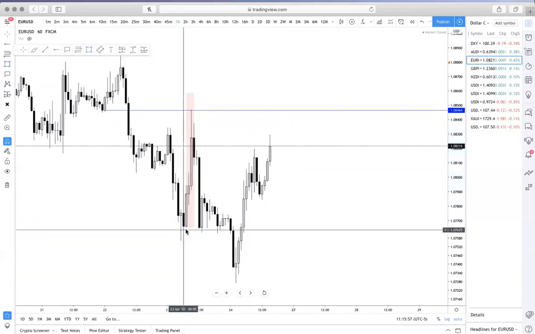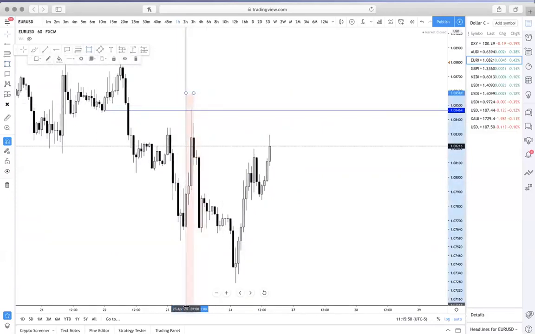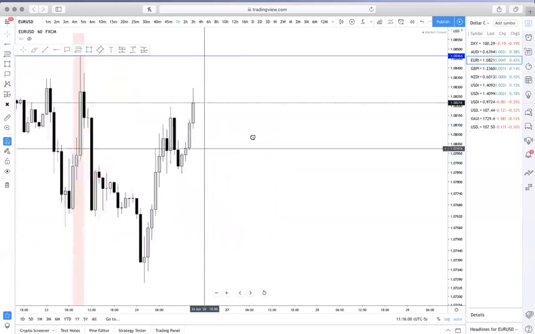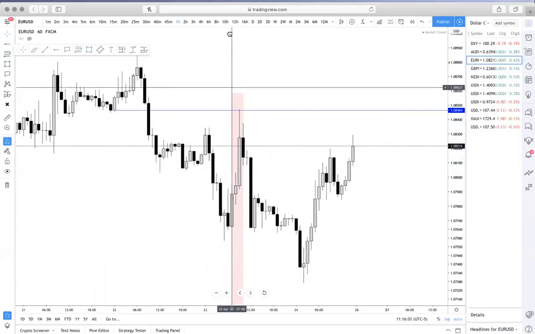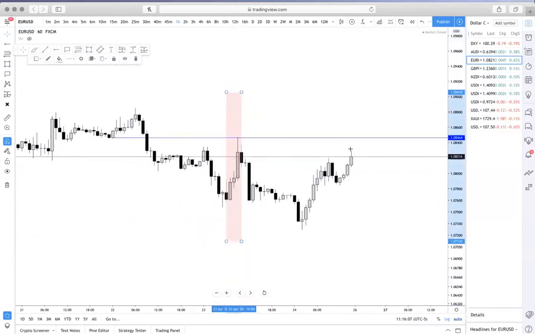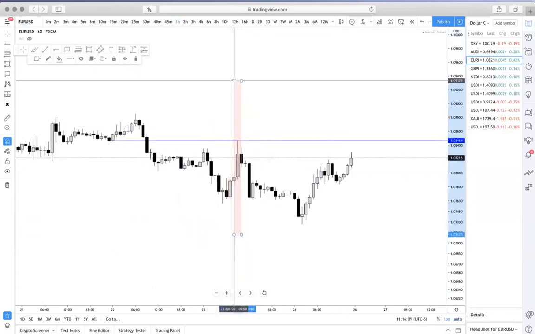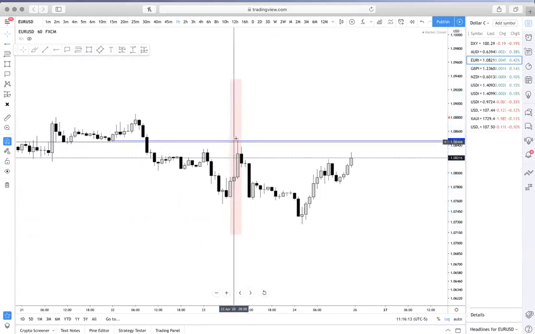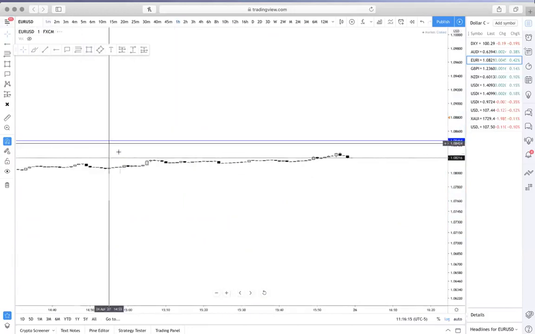right? So what do I call it? Kill zone? I just call that the overlap. That's what I call overlap. And as you can see, that's when that happened. So in terms of probability, this is highly probable just due to the fact that this happened during the kill zone, as you can see there, right? And when you zoom in,